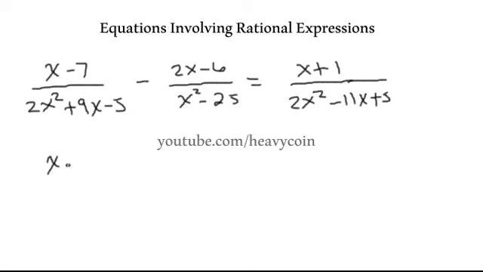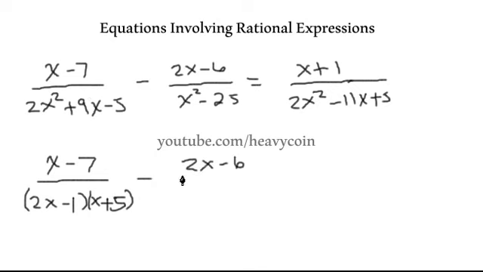So I'm going to rewrite x minus 7 over, so this is going to factor to 2x, and it's either going to be a 1 and a 5 or a 5 and a 1. Let's look at this. 5 here would be 10. Minus 1 would be 9. Yeah, that's it. So we're going to put 5 here and a 1 here. We're going to make this a plus and a minus. Alright. Minus